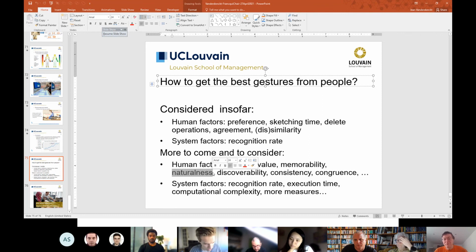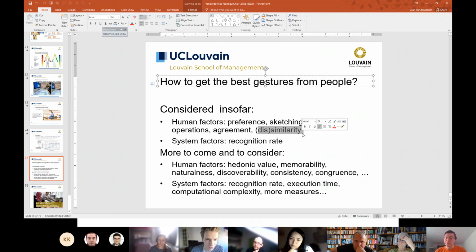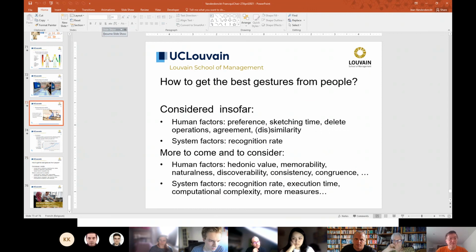So this is why, up to now, we have put a lot of emphasis on some factors like agreement or similarity, but for others, for instance, I know only one person who has been talking about consistency of gestures, but transferability we don't know yet. So if one person, like in my example here,